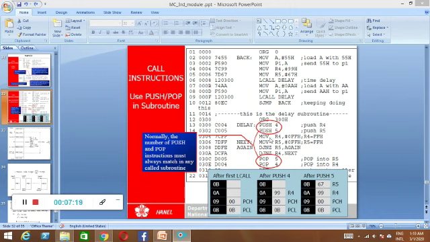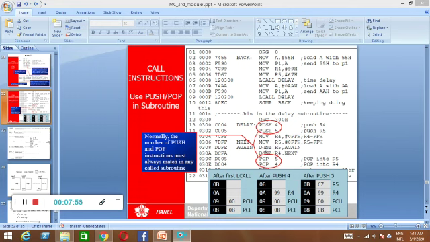So what is the next instruction? MOV R4, #0FFh and MOV R5, #0FFh, in the sense R4 and R5 are loaded with new values, right? Then DJNZ R5, again, in the sense R5 is going to be decremented again and it is going to jump back, which means this instruction is going to be repeatedly executed. How many times is this instruction going to execute? It is going to execute 255 times, right? Here they have given 0FFh, which means 255 times.